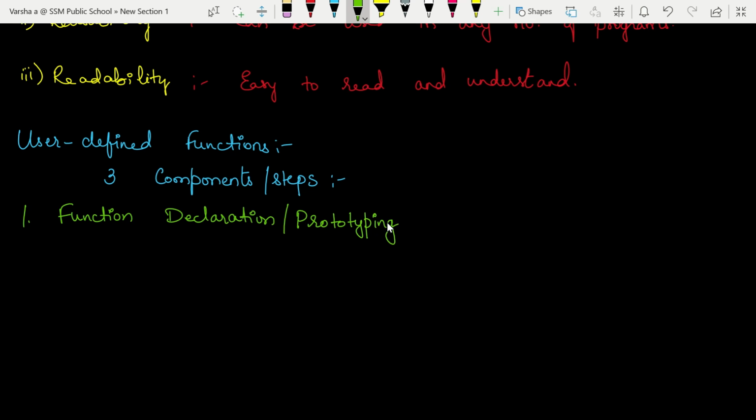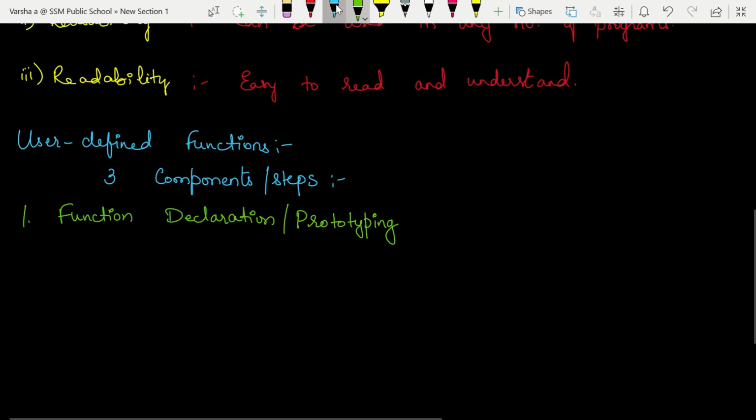What is function declaration? Just like we declare variables before using them in our program. In all the programs we declare variables in the beginning itself, so that the compiler knows, okay, this variable is of this data type and this variable is of this data type. Similarly, for functions also we first have to declare, that is called the function prototype. We have to inform the compiler that I am going to use a function like this, and the name of the function is so and so. It takes this many input values and gives some output value. So that function declaration is necessary.